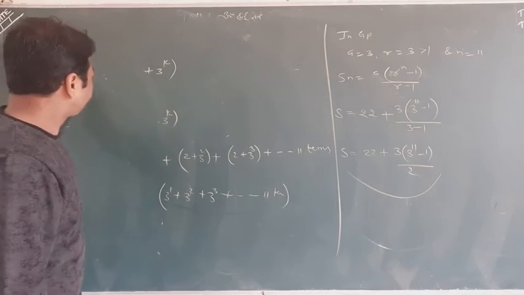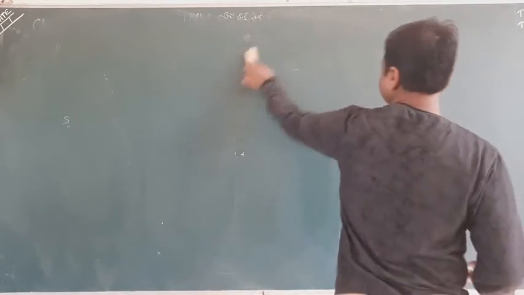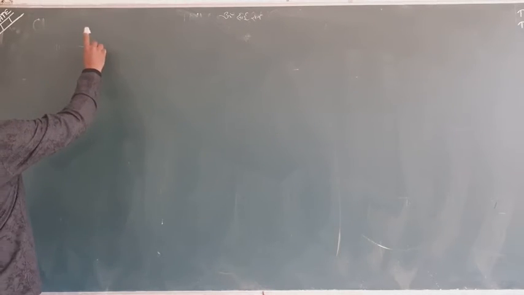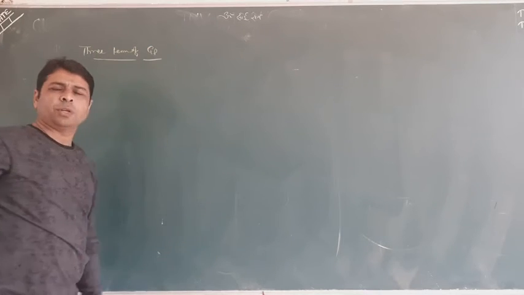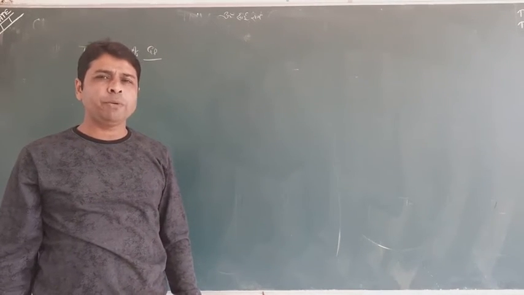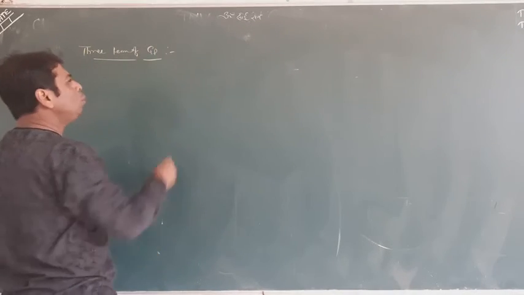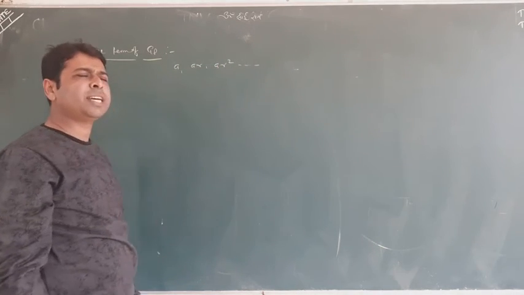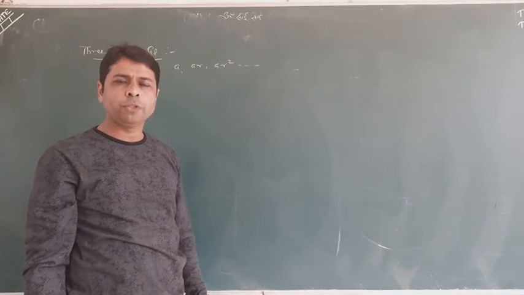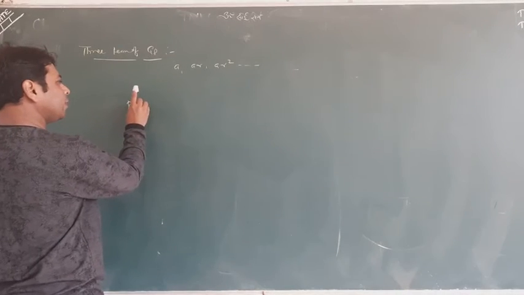Now, I'm telling you one concept. Little concept, but it's a very important thing to tell you. I tell you about three terms of GP. Whenever you are told to choose three terms of GP, you don't take AR, you can take this one. Because you know that AR square, AR cube is a symbolic form of GP. You can take AR and AR square as the first three terms. But whenever the product is given, try to understand.